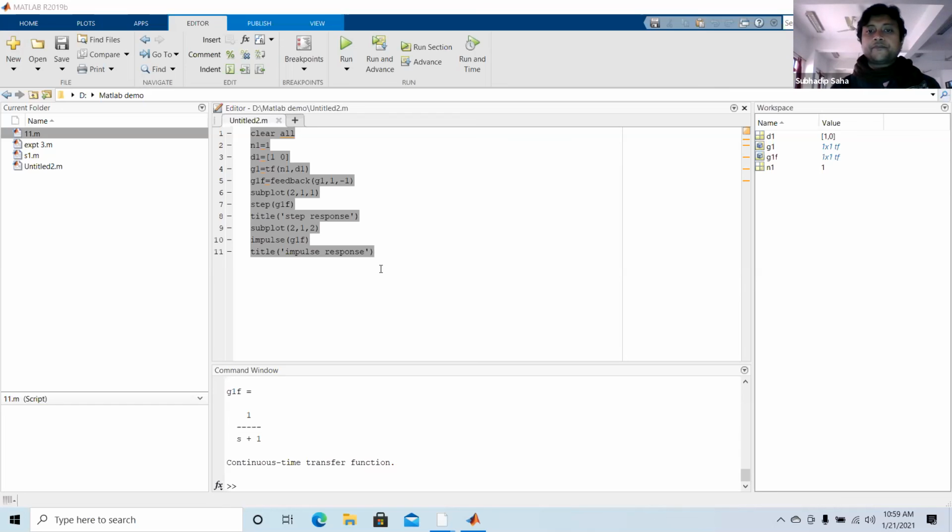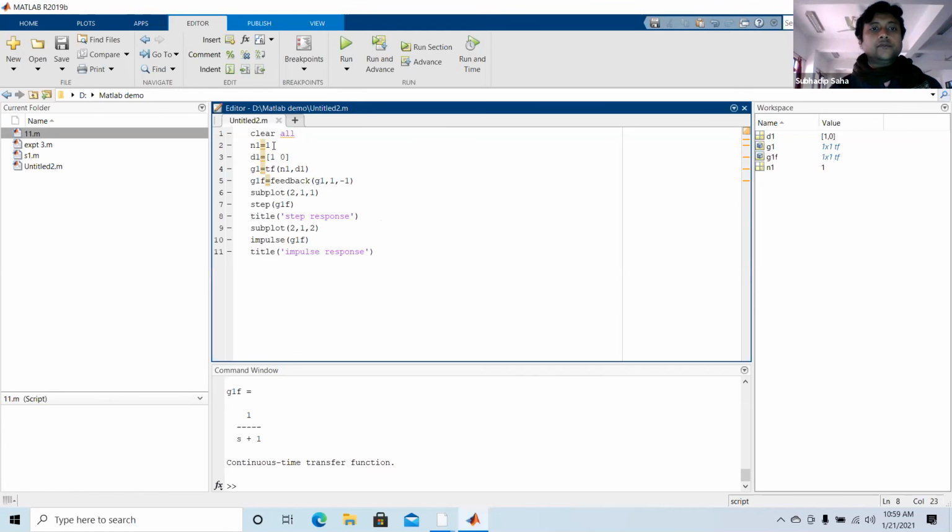So you see, you can edit this program. N1 equals 1 and D1 equals 1 1 0 0.